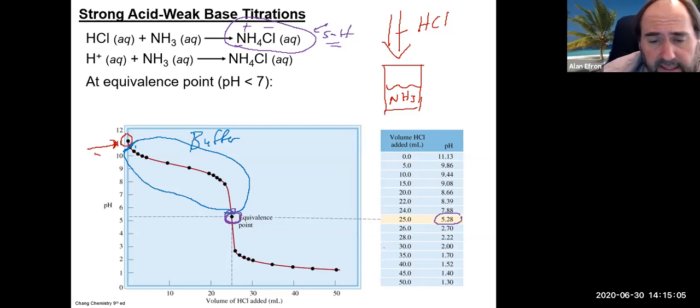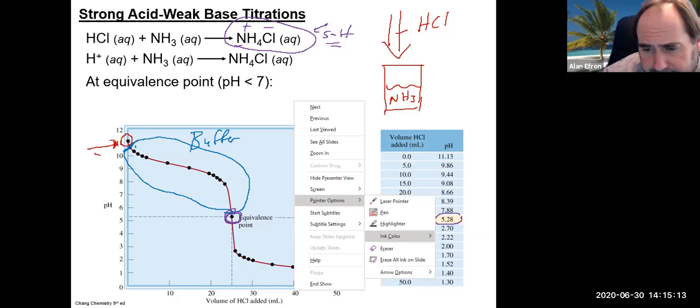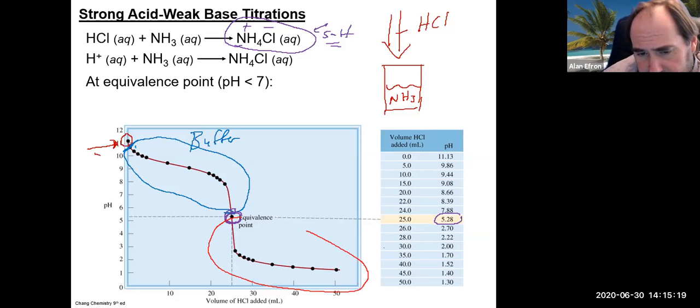All right, so let's talk about the last part of this titration curve. After the equivalence point, just like in the other titration, you're just dumping all this HCl in there. You know, who cares about the indicator change, right? You're just going to dump it in. So what happens after the equivalence point in that case is